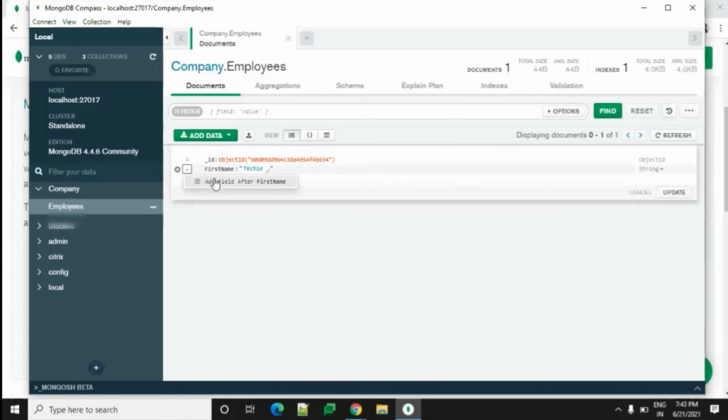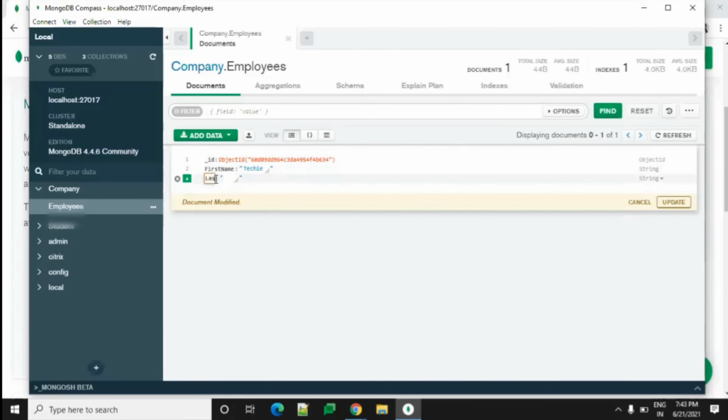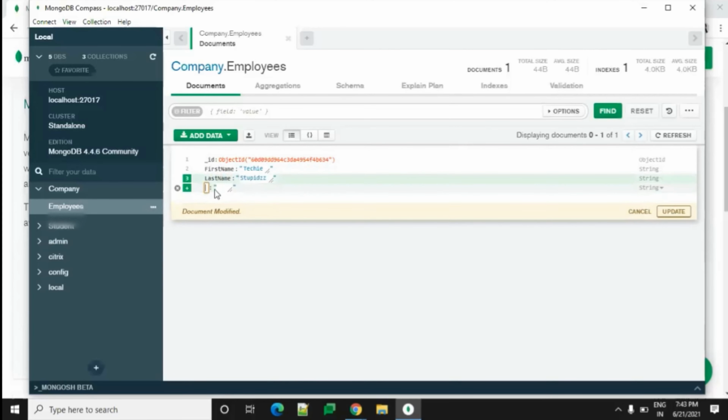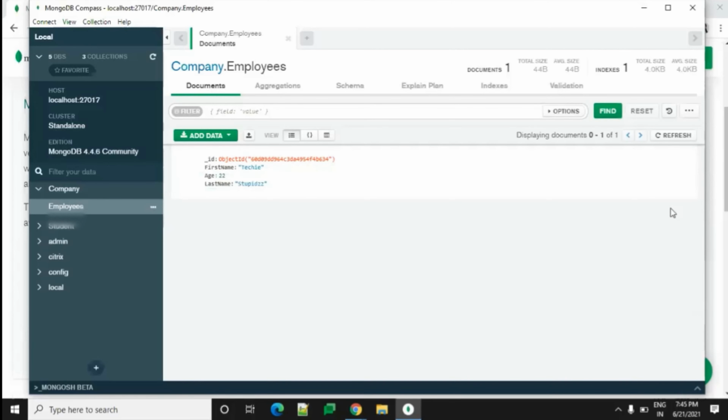Okay, so let me add last name. We have successfully installed MongoDB Compass, created a database, created a collection, and created a new document in it.